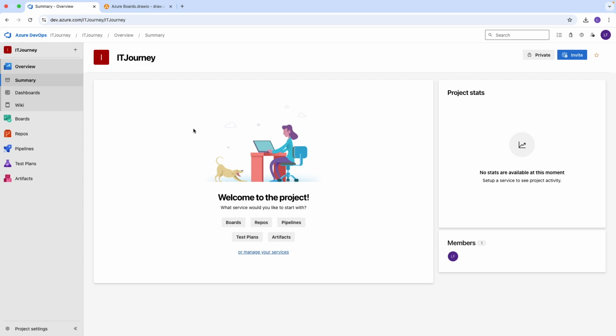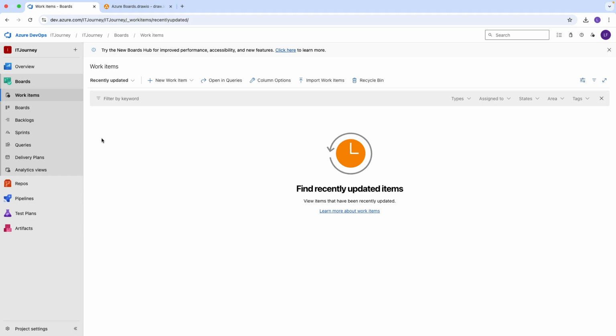All right, so let's start getting into Azure Boards. If we come on this tab, we can see that we have work items, boards, backlog, sprints, queries, delivery plans, and analytics. In our use case scenario, let's say that as part of the company's modernization effort, we want to move from a 2012 server to a 2022 server. We'll be using Azure Boards to track all the work items